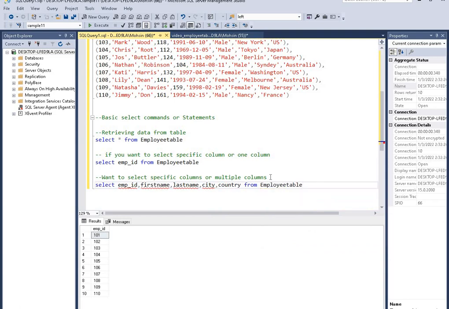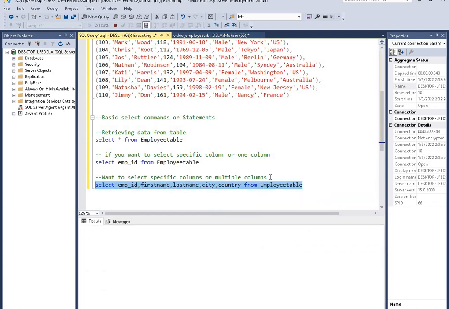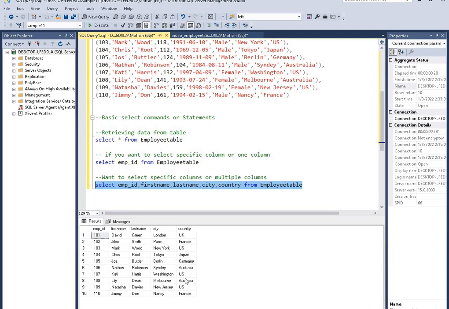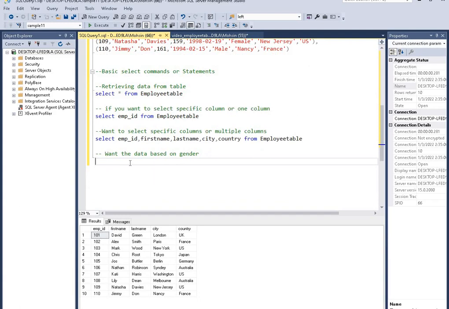Select and press F5. Here you will see the specific columns that we have typed: employee ID, first name.